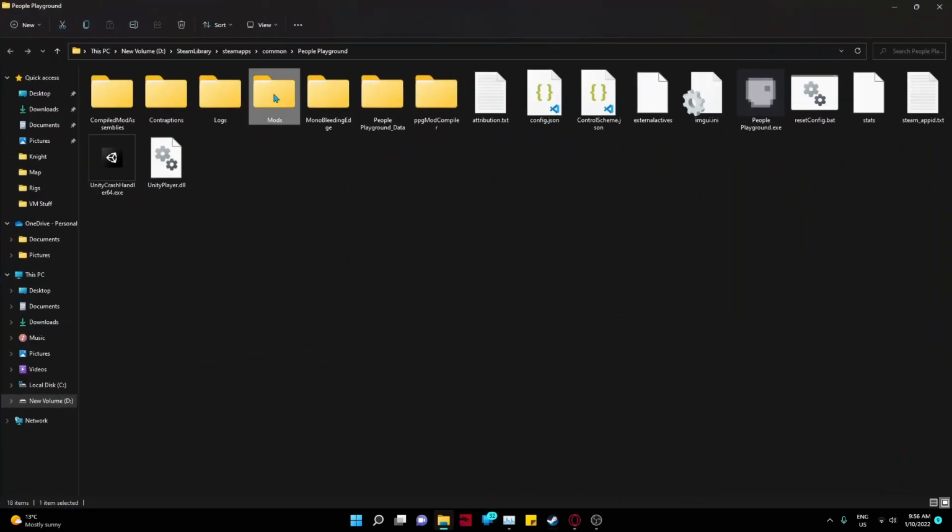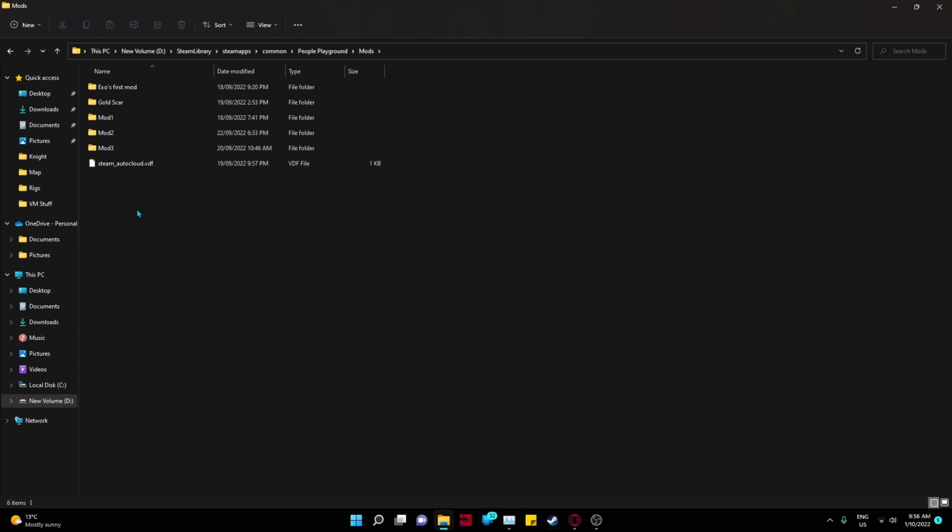Now what you want to do is click on Mods, and then make a new mod. So you go New, Folder, call it whatever you want. I'm just gonna call it banana gun. Okay, now you wanna click on the banana gun